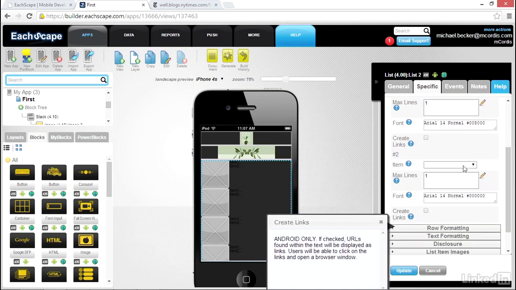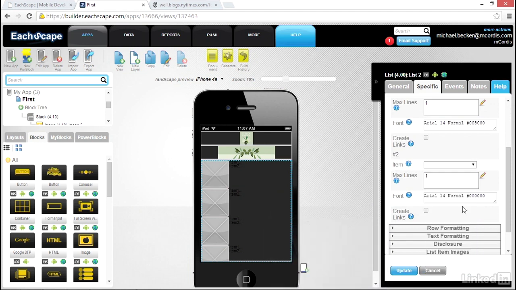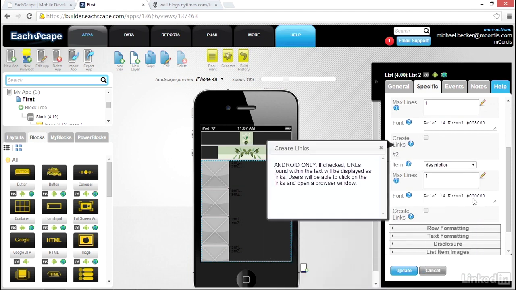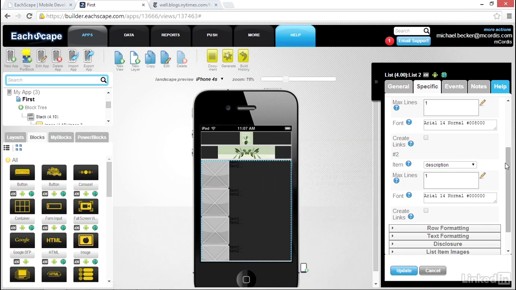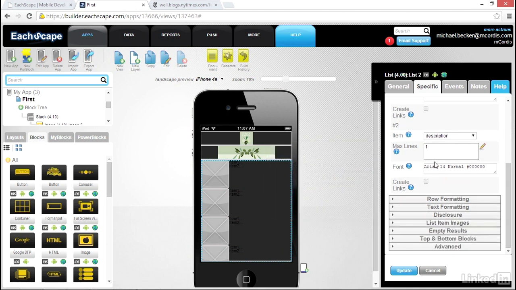Then I want to scroll down and say, in addition to that, I want the description, the first line of the article to be included, and we'll have it be black and one line. And in addition to the title and the description of the article, I want to include the images. So I can list my images,